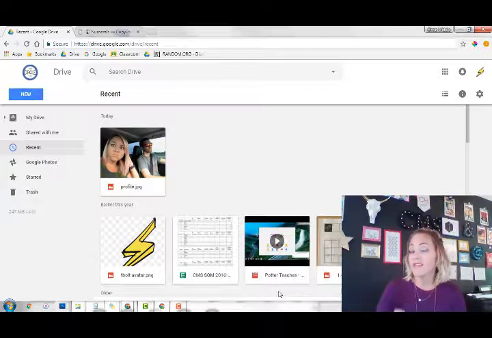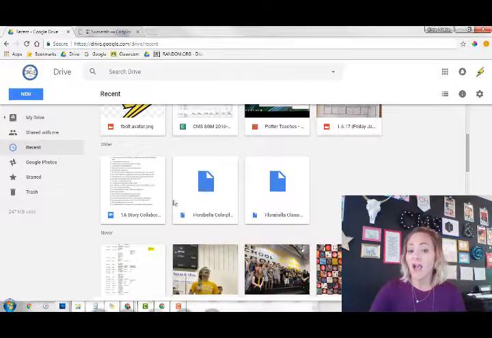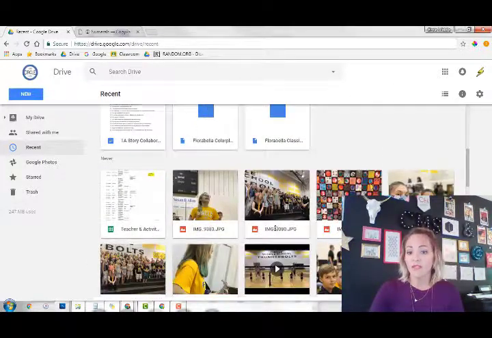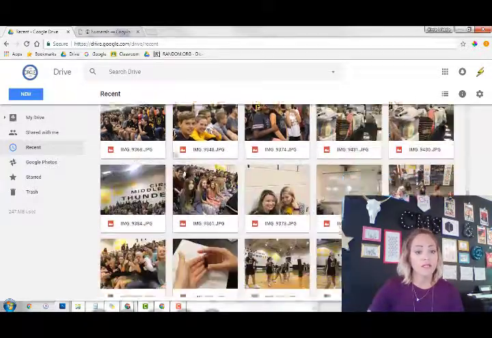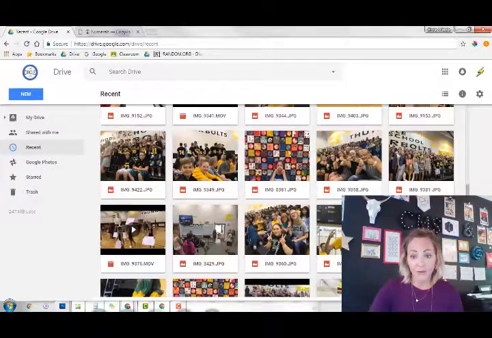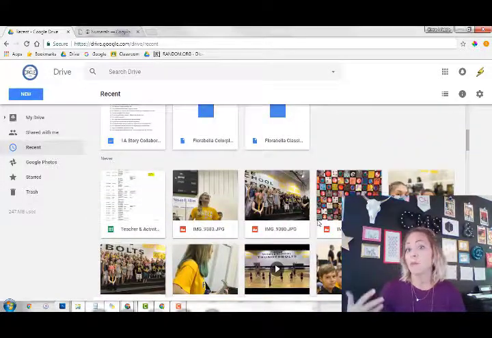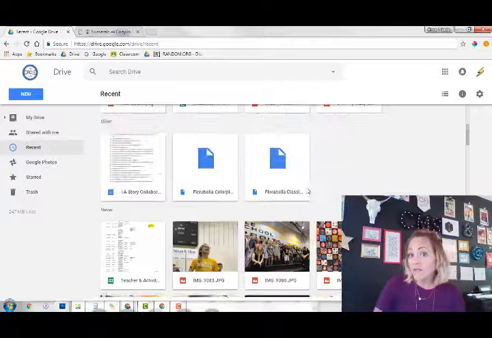Make sure that you name all of your documents so that you don't have a bunch of untitled things. You always want things to have a title, and then you'll be able to find them. But all of your recent documents will be in here, and then you'll be able to find things. So if you can't find an assignment, don't panic. Go look in your drive, and they should be there because